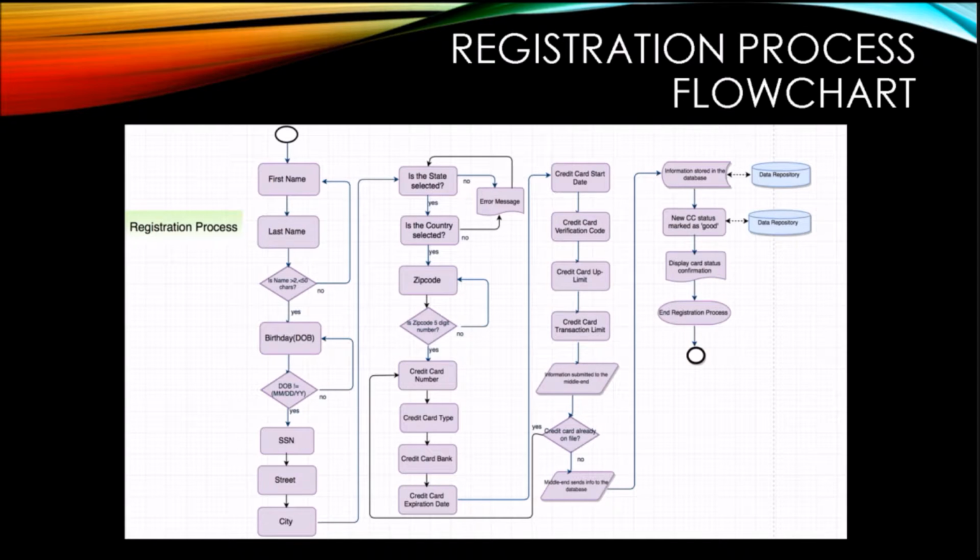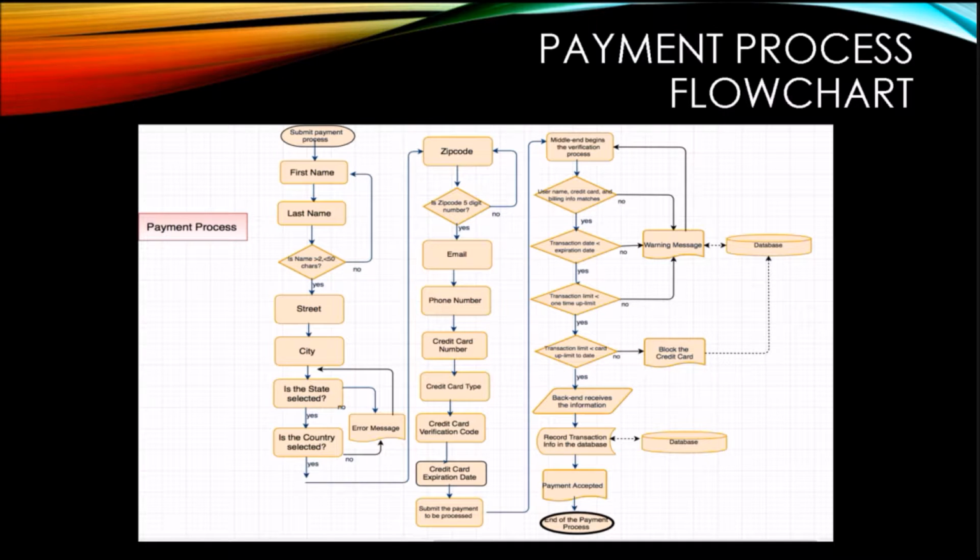Next is the payment process flowchart. It starts with the user entering their first name and last name, and similar to the registration process, their name has to be larger than 2 characters but less than 50. The user also enters their street address, city. This process is really similar to the registration process until you get to the middle end verification process, where we